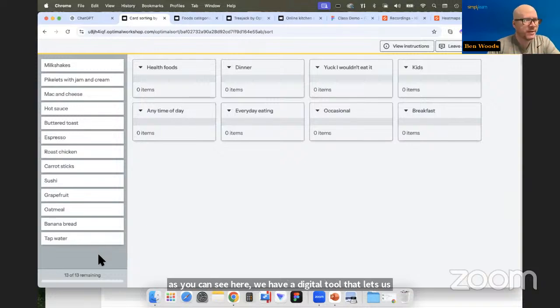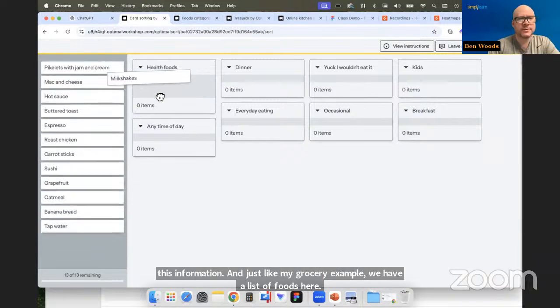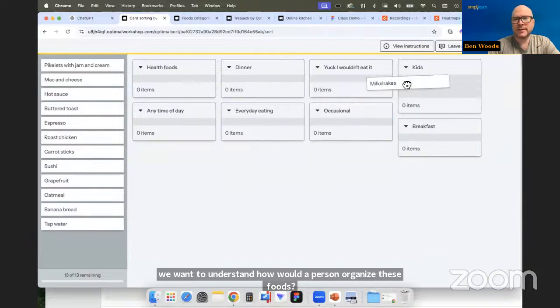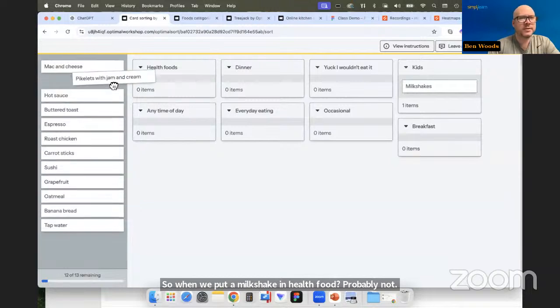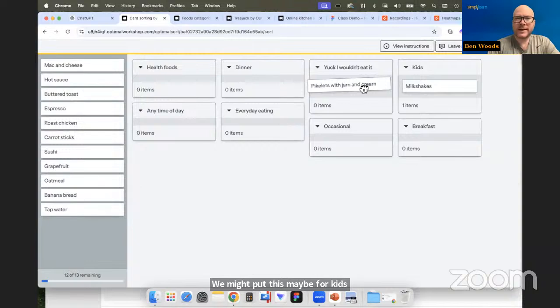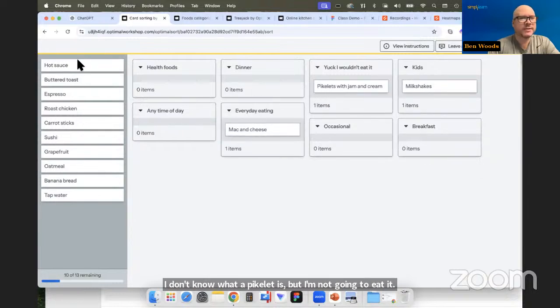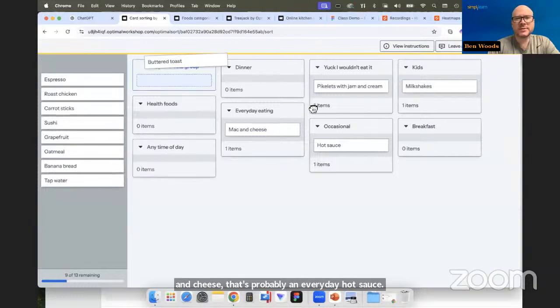And just like my grocery example, we have a list of foods here, and we want to understand how a person would organize these foods. So would we put a milkshake in health food? Probably not. We might put this maybe for kids. Pikelets with jam and cream. I don't know what a pikelet is, but I'm not going to eat it. Macaroni and cheese, that's probably an everyday. Hot sauce, occasional. Buttered toast,